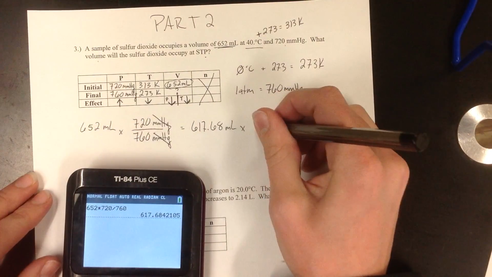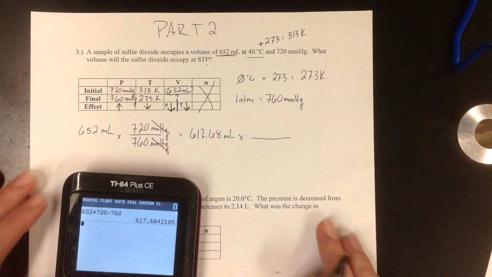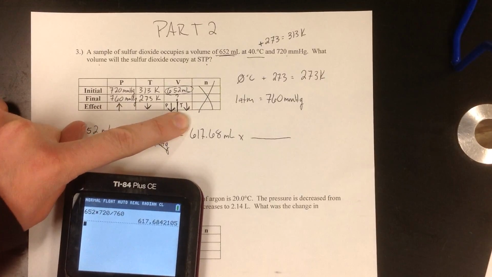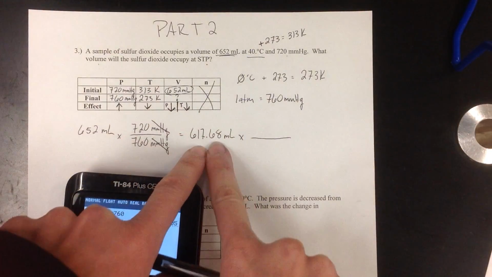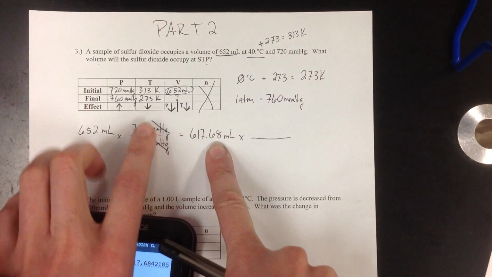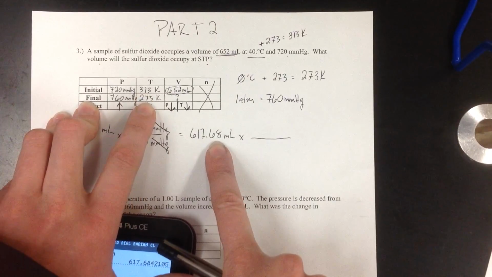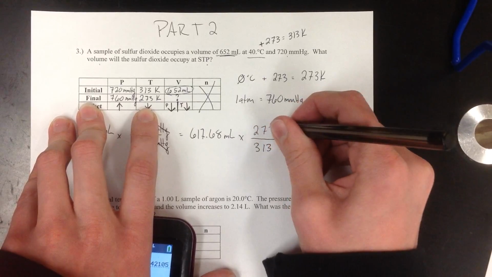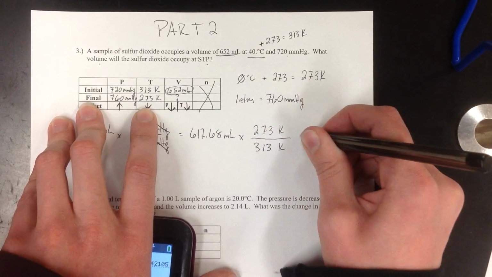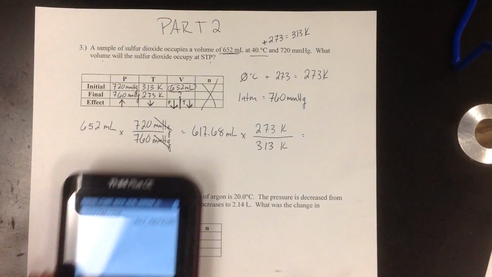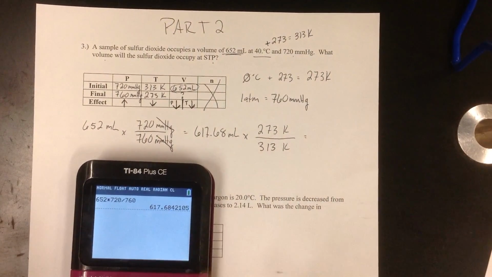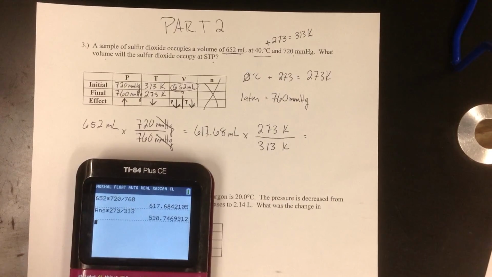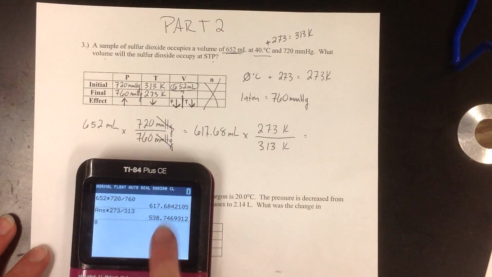So this next step, I need another factor. And this time I'm going to look at my temperatures. So again, my temperature should decrease my volume. In order for this number to get smaller, I need my 313 on the bottom and my 273 on the top. So my 617 times 273 divided by 313, that should be lower. Well, that's what my prediction was,